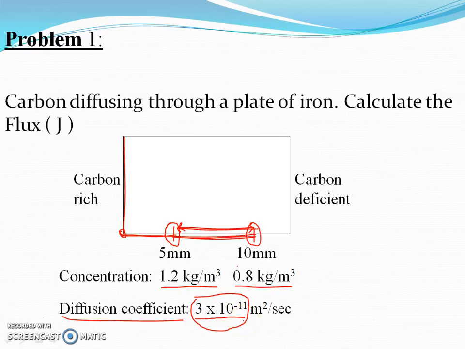So diffusion coefficient must be very, very low. Therefore, with the data available to us, the diffusion coefficient, and the concentration at position 1 and concentration at position 2, we are now assigned to calculate the